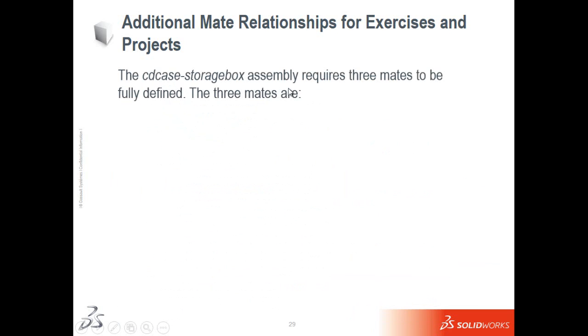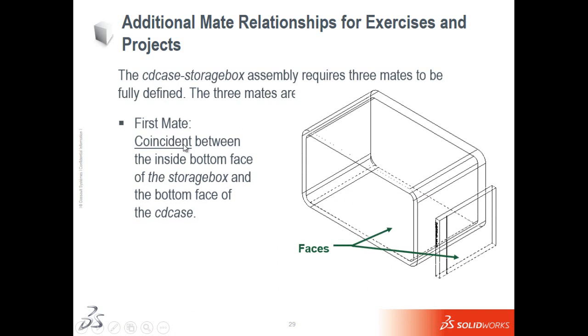The CD storage box assembly requires three mates to be fully defined. The three mates are: first, concentric between the inside bottom face of the storage box and the bottom face of the CD. So we have the bottom face of the CD concentric with the inside face of the storage box. The storage box with the correct dimensions and the CD case with the correct dimensions can both be found in Office 365, Lesson 4 parts